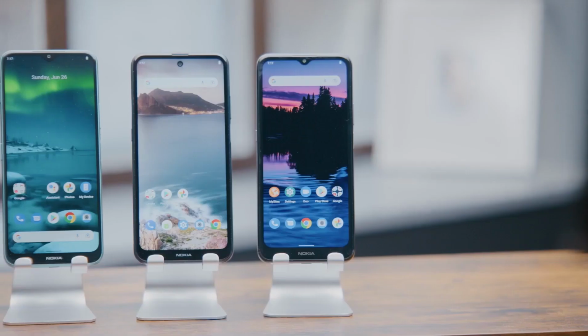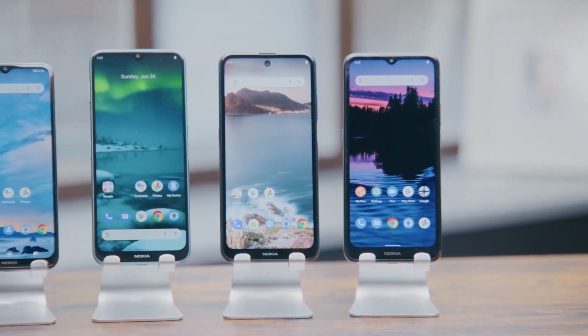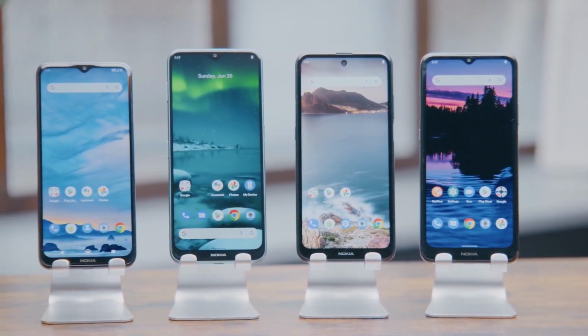Yes. So how much is one of these going to set me back? So what's funny about that, I'm glad you asked, is all four of these devices that we have are all under $300. So no matter your price point, and you think about everything's going up in price nowadays,